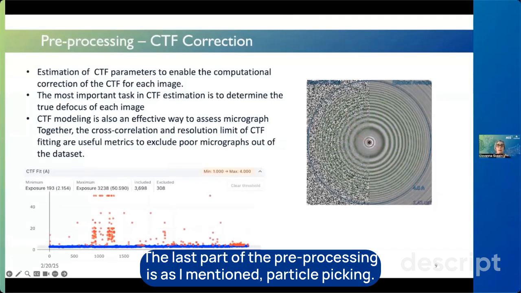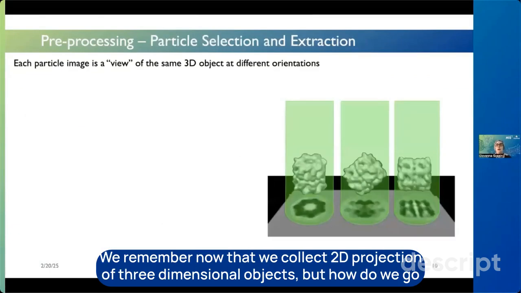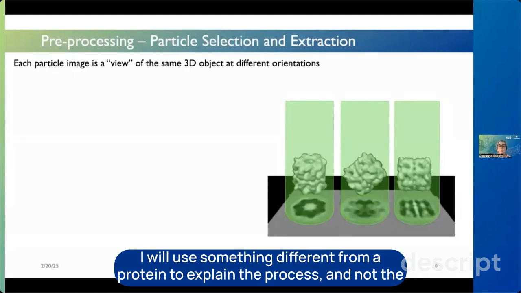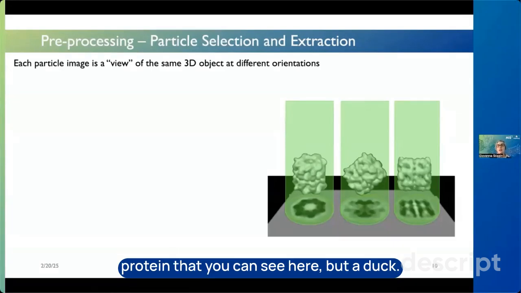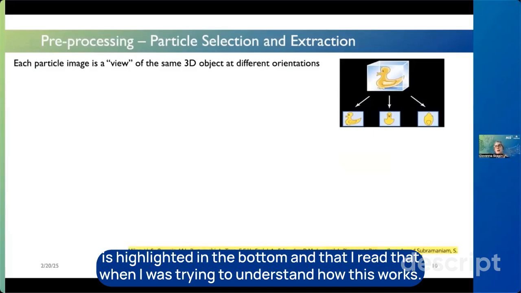The last part of the pre-processing is, as I mentioned, particle picking. We remember now that we collect 2D projections of three-dimensional objects, but how do we go from this 2D projection back to the 3D object? I will use something different from a protein to explain the process, and not the protein that you can see here, but a duck. And this is a very clear tool that I found very useful when I was looking at this article, which is highlighted at the bottom, and that I read when I was trying to understand